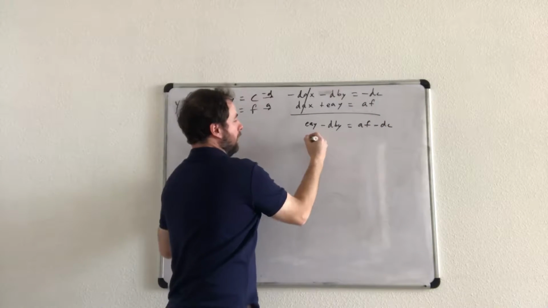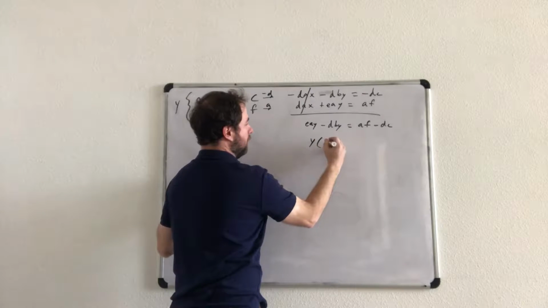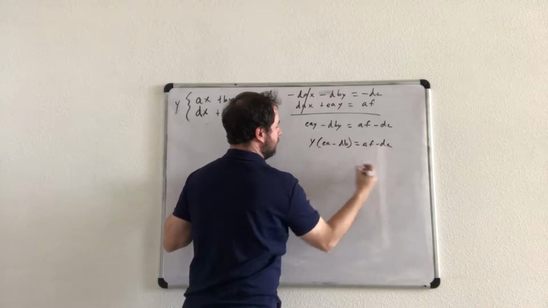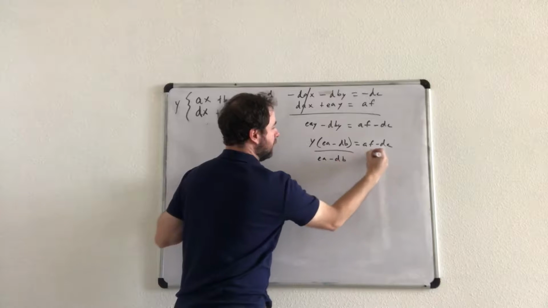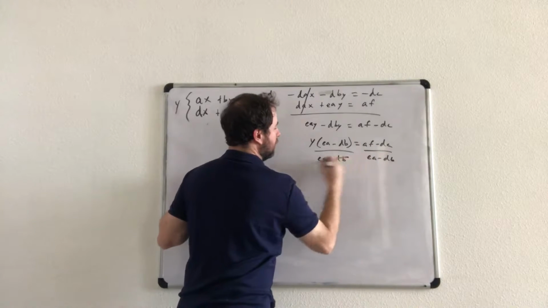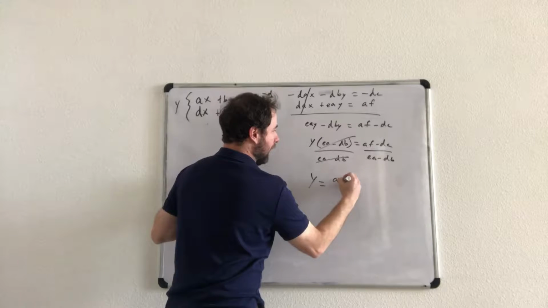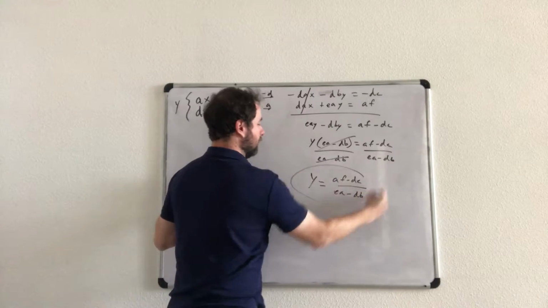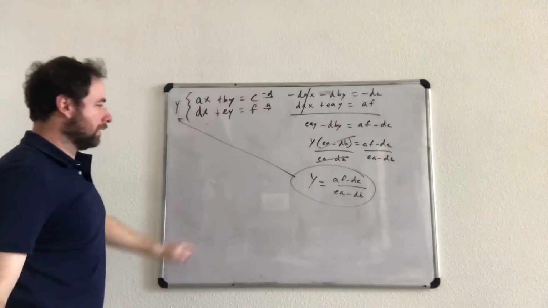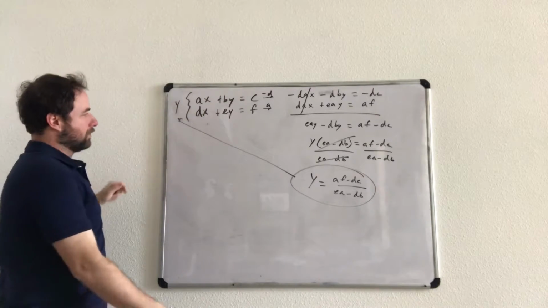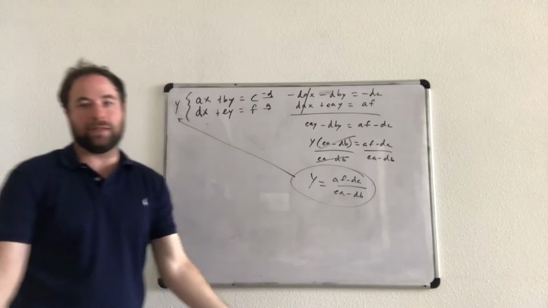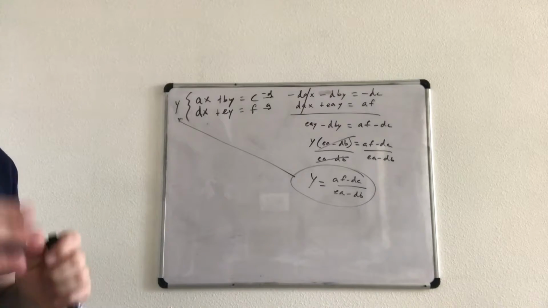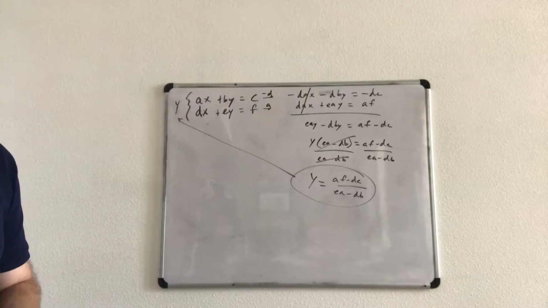Now we're going to factor a y out, and we get y times ea minus db equals af minus dc. Divide both sides by ea minus db. That cancels, so you get y equals af minus dc all over ea minus db. That is solving for y, and all we did was eliminate the x terms and get y by itself. That is all there is to these. It's nothing new to teach you. It's just to be able to kind of weed through the abstractness of this x and y system of equations